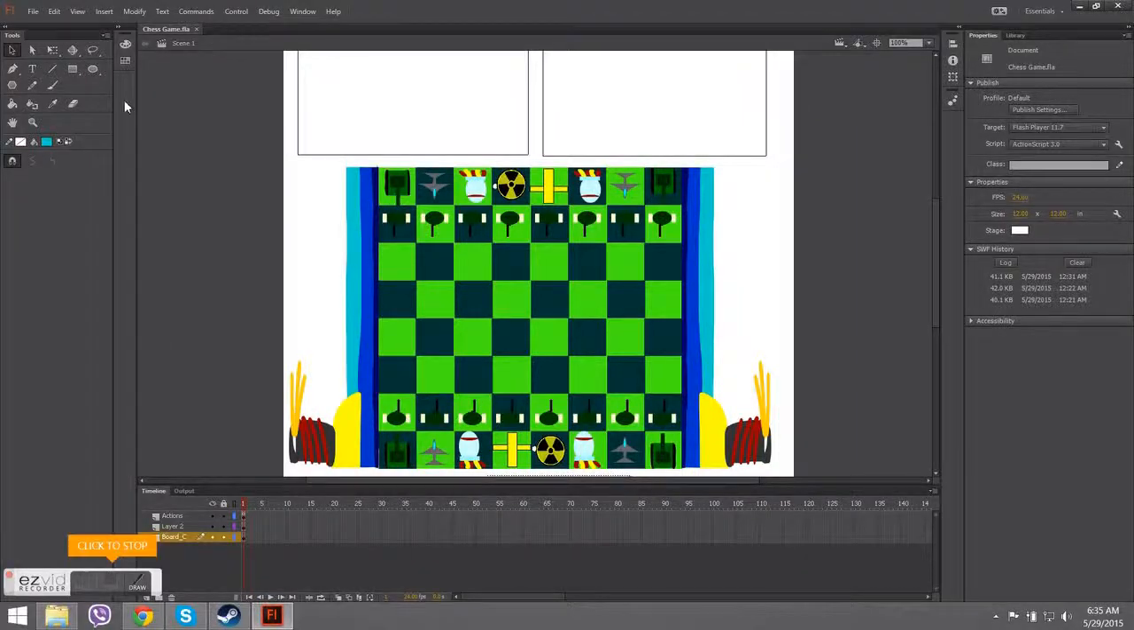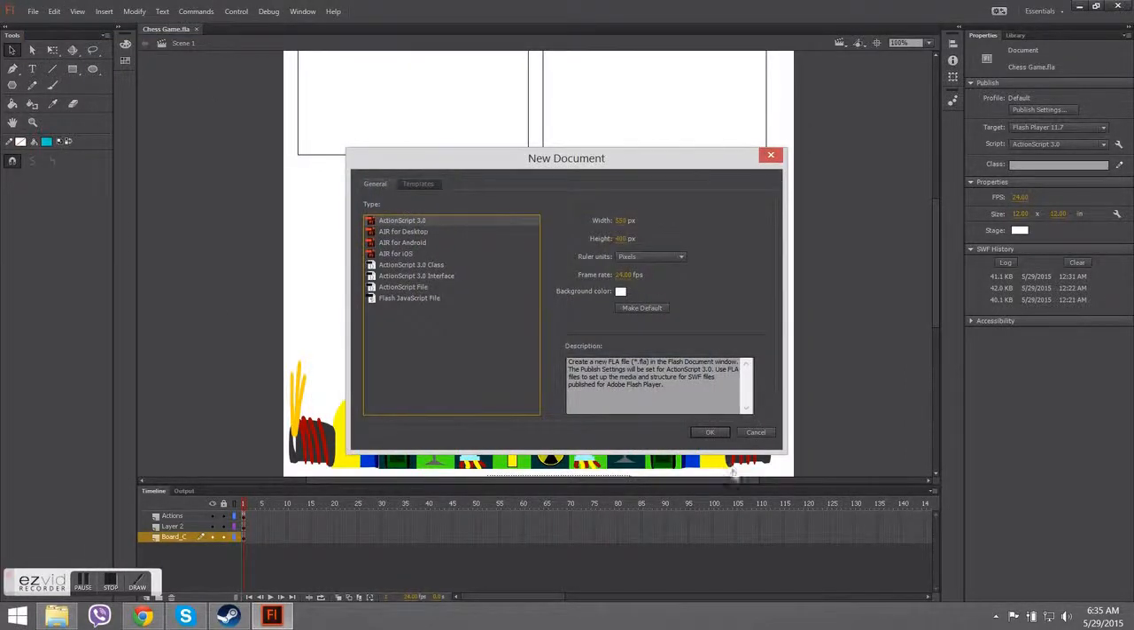Hey guys, and welcome to the tutorial. In this tutorial, we're going to learn how to make this chessboard and then all the other chess pieces that are drawn by hand. First, you want to go to File, New, and then we're going to create an ActionScript